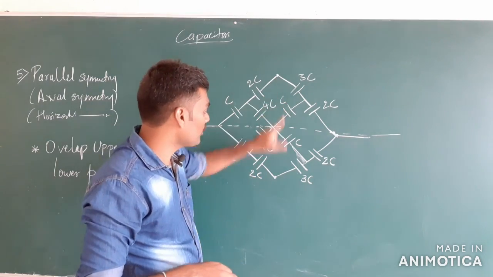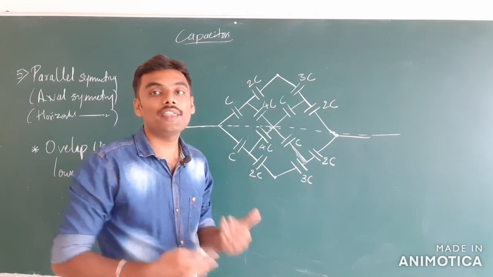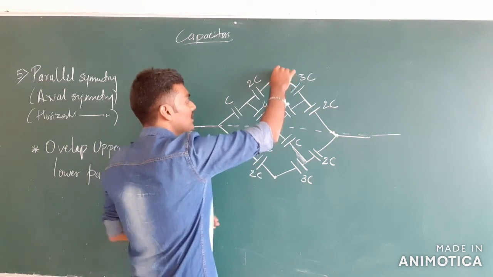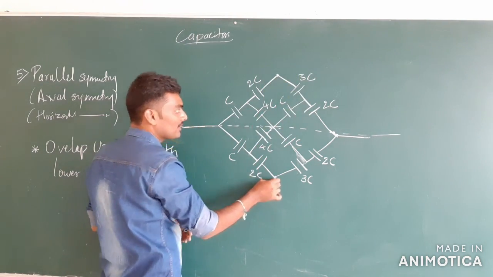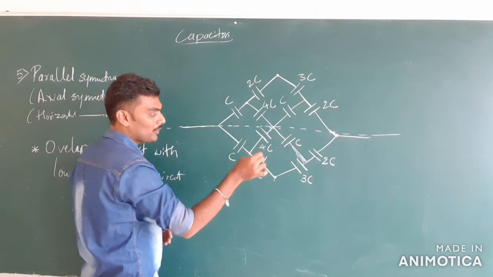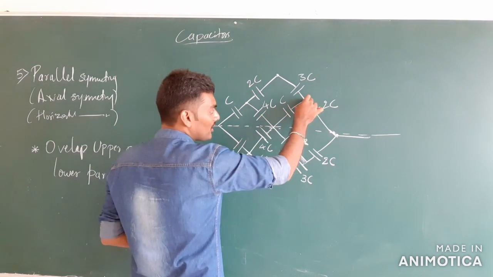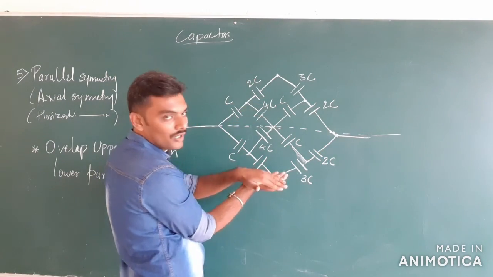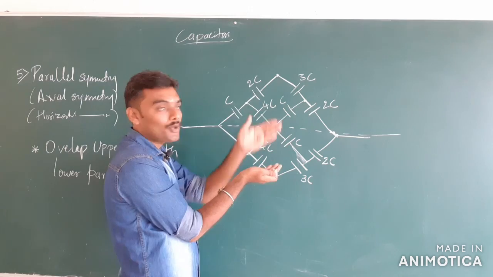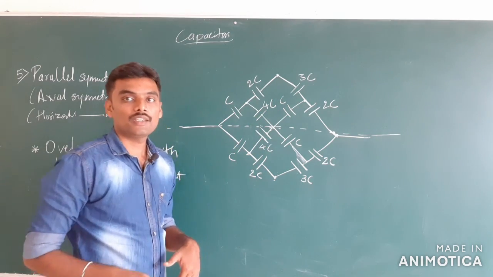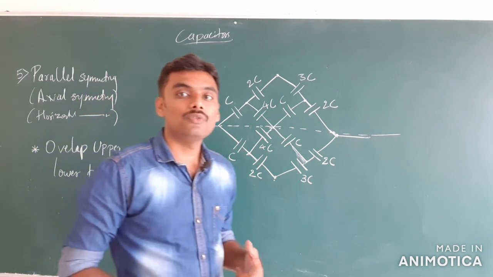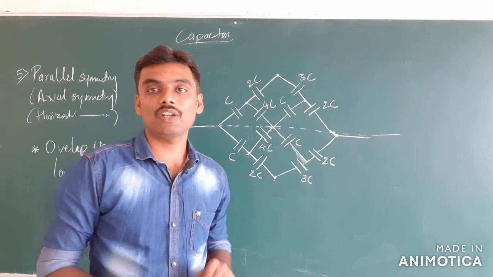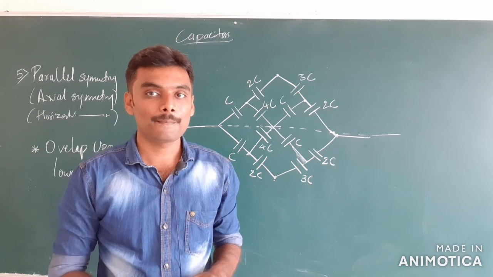You should always worry about the terminals of the wire, how they join with each other when they overlap. So this terminal is going to overlap with this, and this terminal is going to overlap with this, and this terminal is going to overlap with this. That is how the circuit will look if we overlap or fold the circuit. And we can only fold or overlap the circuit if we have parallel symmetry or horizontal symmetry. Keep that in mind. Okay.